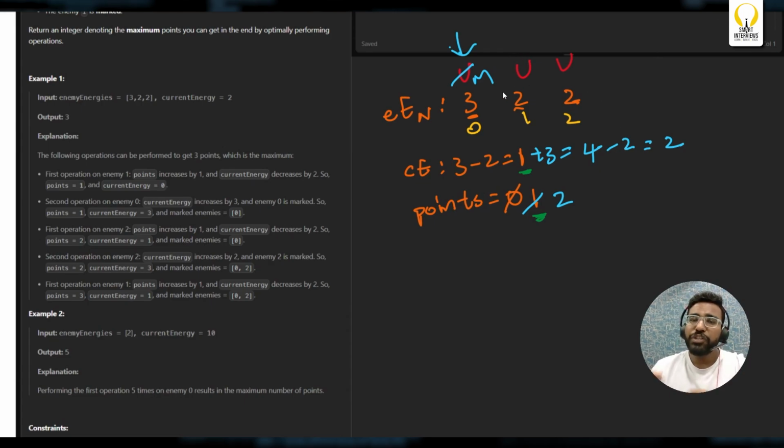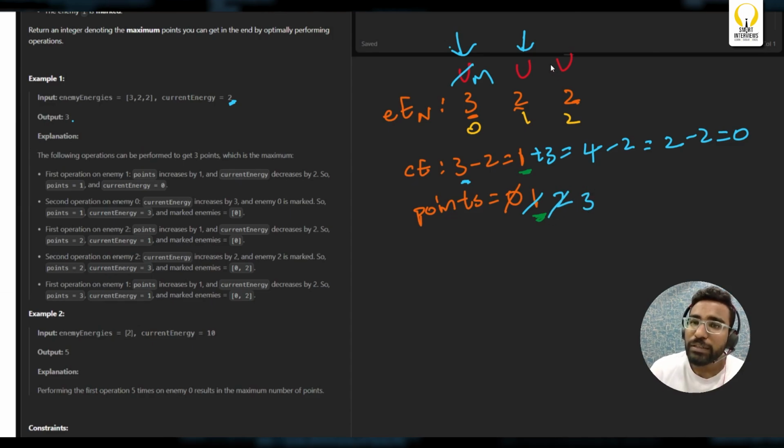You should keep applying the operations. Here current energy is 2, but I took it as 3. Got it? Again, you will pick another enemy, subtract it, it will become 0, and your points will be